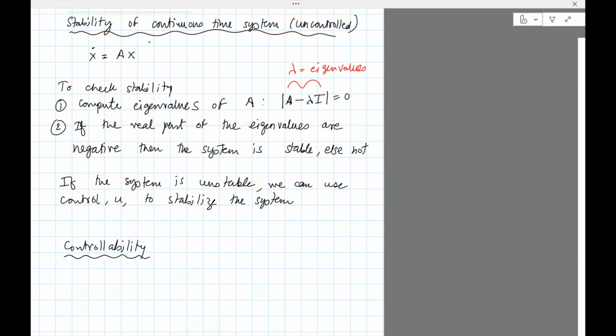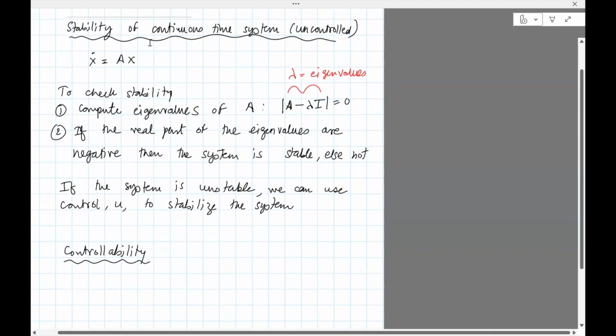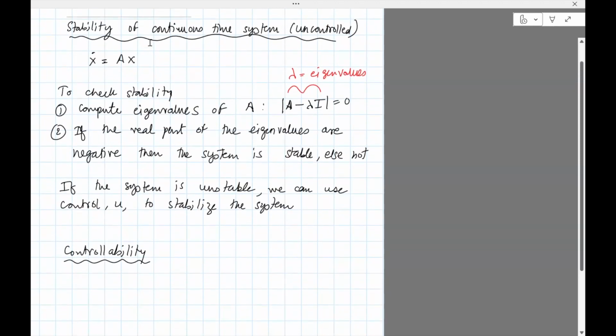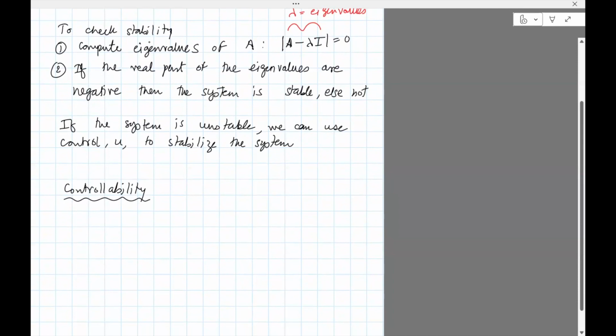Okay, just because you have u doesn't mean you can control the system. Now, controllability is the notion that if a system has control u, then it gives you a condition under which the system can be stabilized. If the controllability condition is not satisfied, then no matter what you do with the control u, you cannot stabilize the system. So the definition of controllability is that a linear